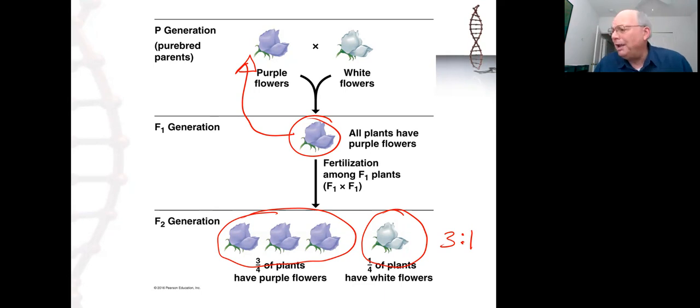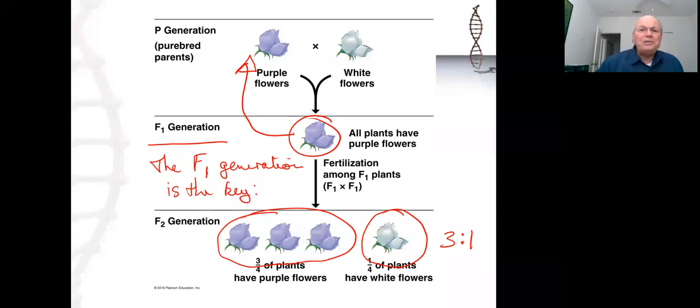And the answer lies right here, or at least the key lies right here with the F1s. So the F1 generation is the key. So why should the F1 generation be the key? Because the F1 generation is the product of 2 distinctly different flower colors. There are purple flowers and there are white flowers. And because both parents must have made a contribution